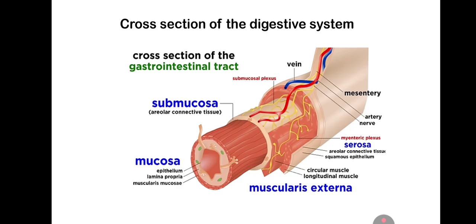It is made up of a single columnar epithelium, followed by the lamina propria, which is made up of loose areolar connective tissue. And then the submucosa, which is made up of areolar connective tissue